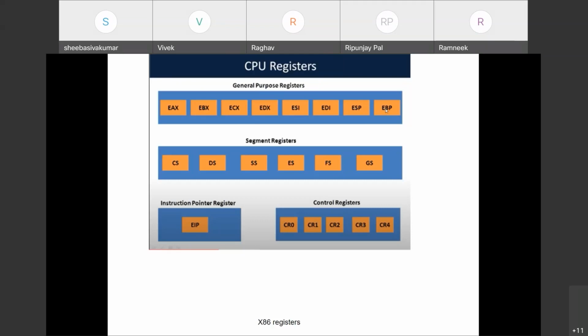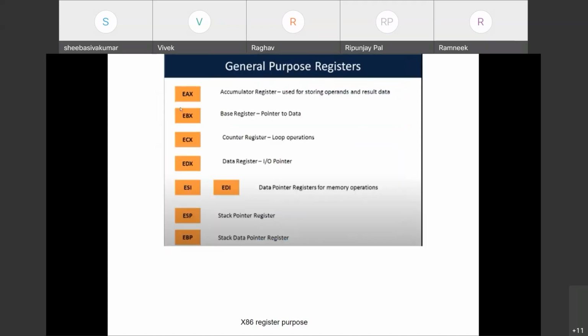Then there are control registers, which are not really useful for analysis. These are the various functions. EAX is an accumulator register used for storing operands and result data. EBX is the base register. ECX is the counter register, useful for performing loop operations.